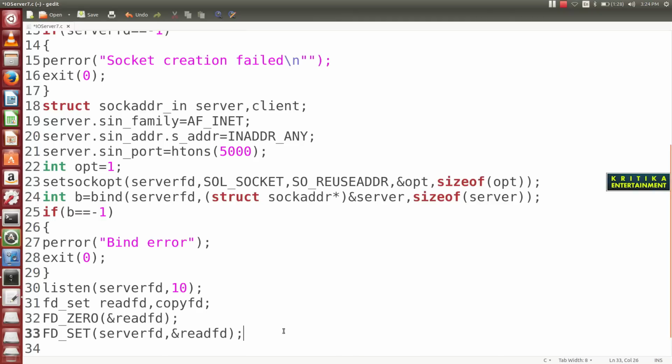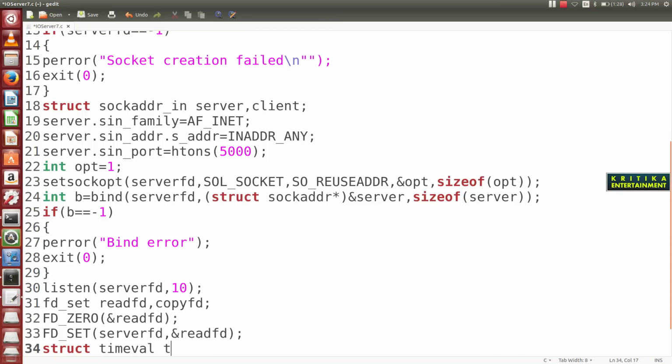Because it not only reads the data, it also reads the IP addresses from the client. So I have used server FD set. Then next, here we will declare struct timeval, which is another structure.